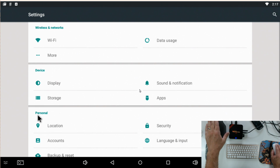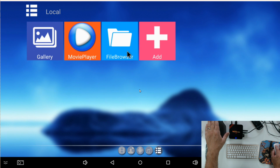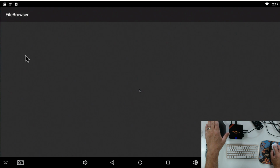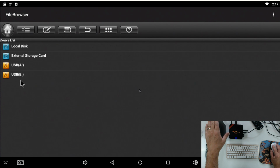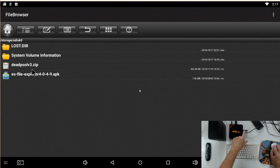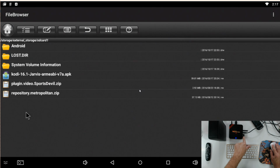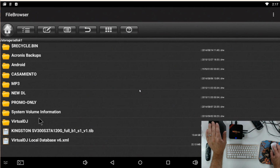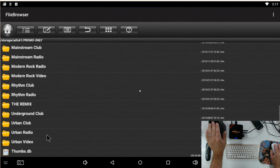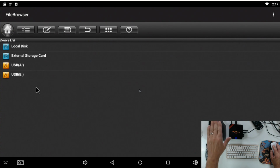Okay, so let's prove it. Now we're going to exit from here and go into local file browser, and we should be able to see. I went too far. Let's go back once. Like I said before, that's my 2 USB. Okay, 2 gigabytes, my SD card. Okay, and now my 4 terabyte drive. A lot of music you've got here, a lot of videos. So as you see, and I formatted this